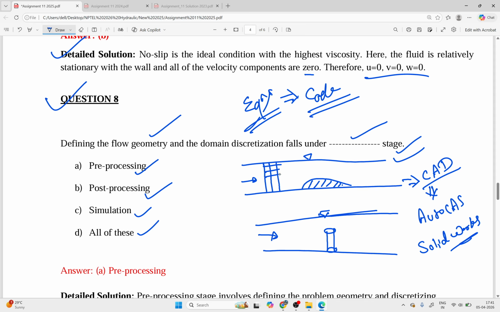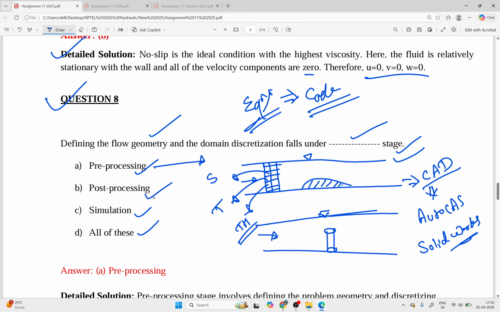In discretization, a lot of methods are there, whether you are going to choose square meshing, triangular meshing, tetrahedral meshing, or others. When you go deeper and deeper in CFD, you will learn many things. So this is the first to be predefined. That is pre-processing. It means you have to be very clear with all these things.